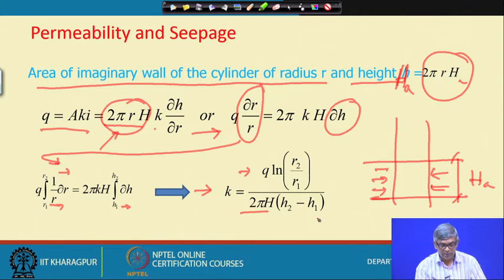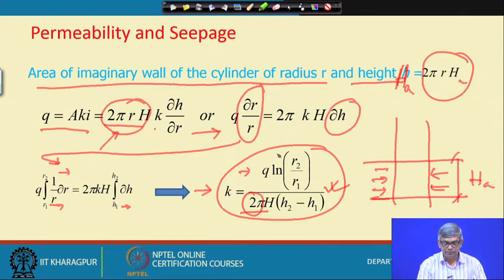So, you can see the difference from the previous equation: it was 2 pi and here it was a square, and ultimately dimensionally it has to be correct. So, that it is easy to remember. In the previous equation it was q ln r 2 by r 1 over 2 pi k, h 2 square minus h 1 square, and here the square has gone, but one constant height has come. So, from this equation one can find out the permeability by pumping test, and